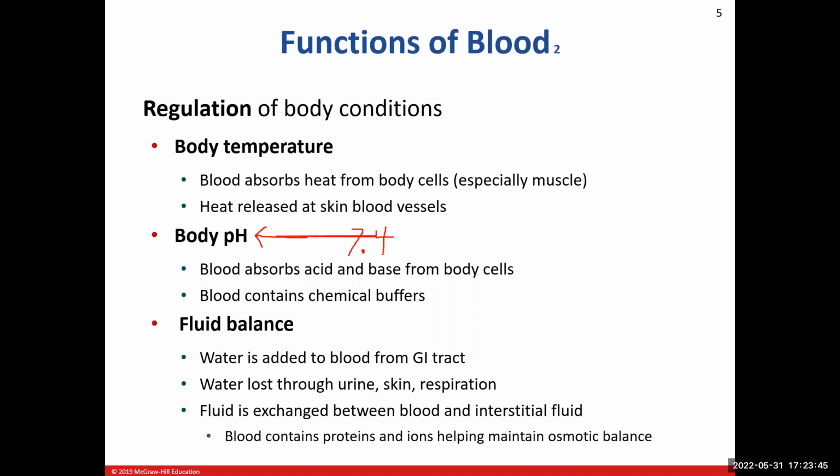And when that occurs, when a protein is not functional, it's pretty much useless. And one of the functions of proteins is for chemical reactions, as enzymes. All right? So it's important that we maintain that pH. Our blood plays a big role. Fluid balance, we're going to talk again about this one